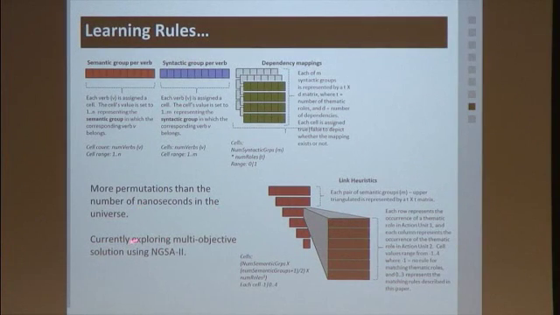We used genetic algorithms to try and search through the search space to discover the rules, because this is a structural representation of the rules. But it turns out we had more possibilities than the number of nanoseconds in the universe. So we have to figure out a better way of learning this. We have some ideas, and if anybody has any suggestions for that, I would be very, very grateful. So that's what we've been trying to do in this area.